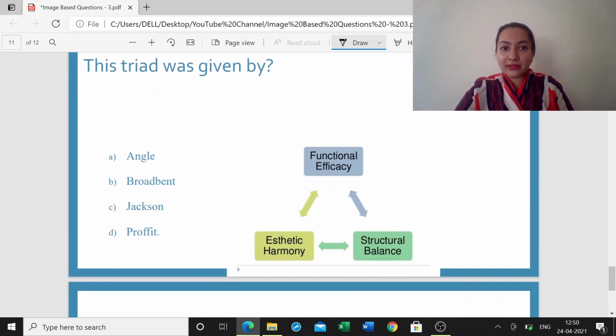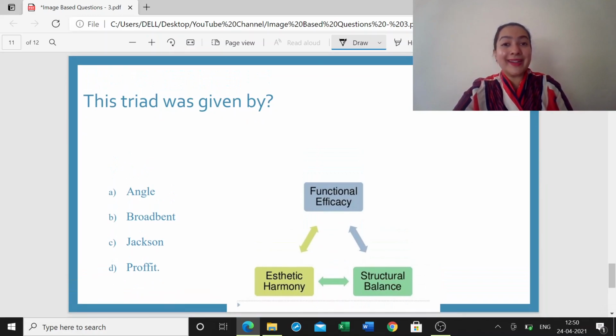All the spaces which are there, your generalized developmental spaces, anthropoid spaces, leeway space of Nance, you should be very much thorough with it. Often I have seen students getting confused in early and late mesial shift, but the phenomenon is really simple. Just go through the textbooks properly and do not get confused with it, because often these questions are asked. Early and late mesial shift questions will be there in examination, and now since you have more image based and patient based questions, maybe they ask you in one of those forms.